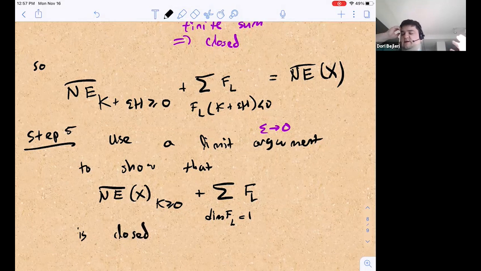So basically, the idea is that if we look at the K plus epsilon H less than or equal to 0 part, that's some closed cone,